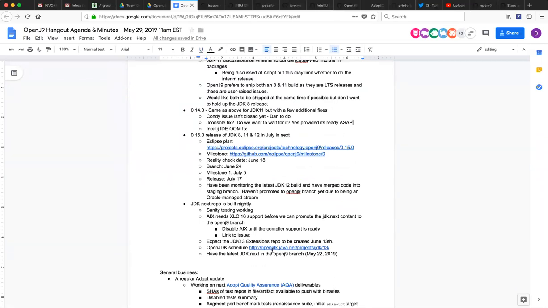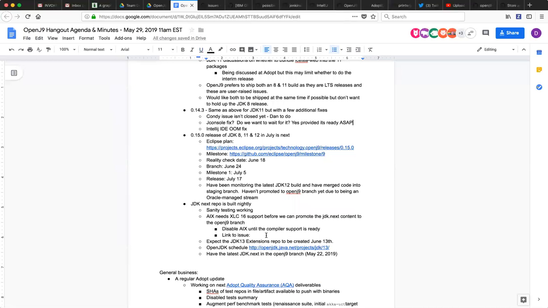For the JDK next repo, I believe we've been able to do some sanity testing on that repo and been able to merge things into the OpenJ9 branch.